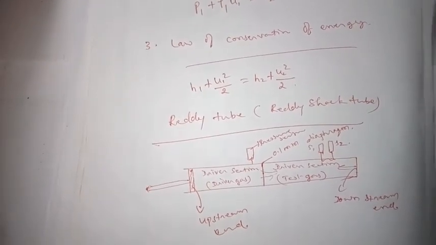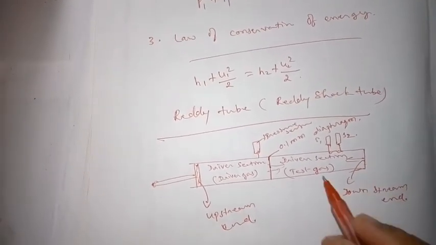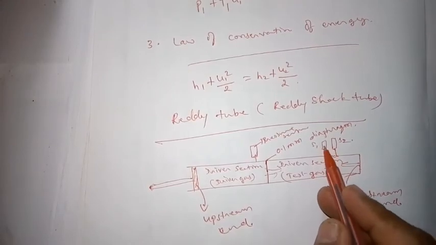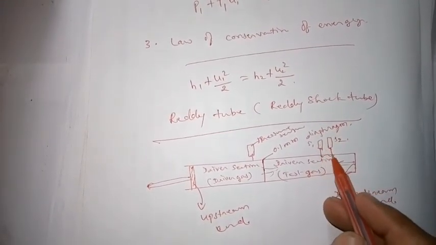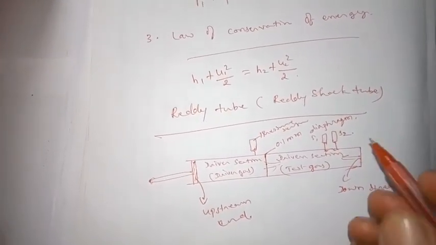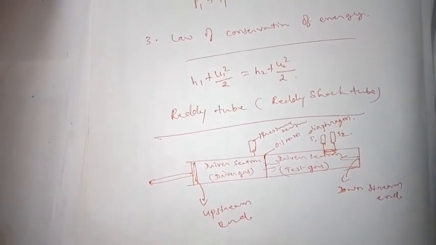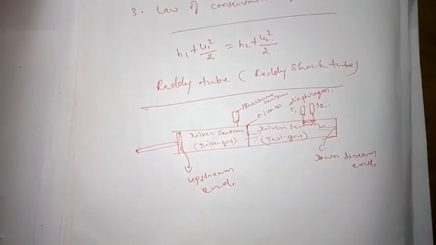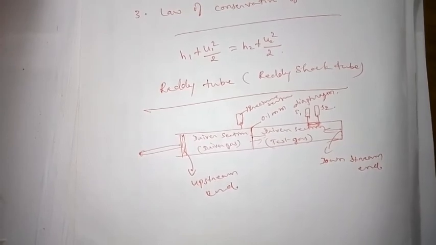So the important thing is, when the primary shock wave reaches S1, this will give a signal, then when it reaches S2, that will give a signal. From this you can measure the time difference to travel this distance. This distance is a known distance, so from that you can find out the speed. Of course, from that you can measure the Mach number. That is exactly the role of the oscilloscope.